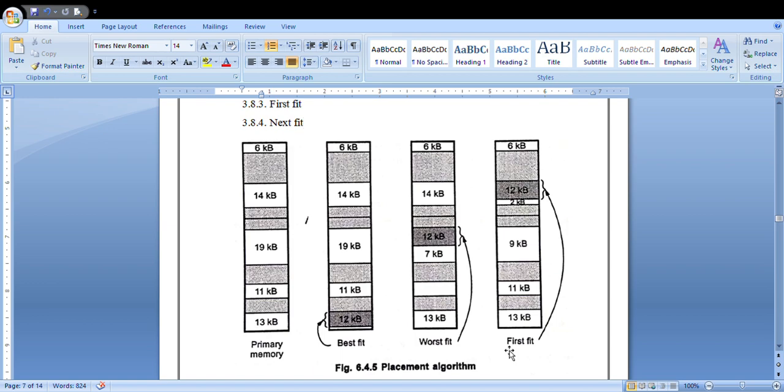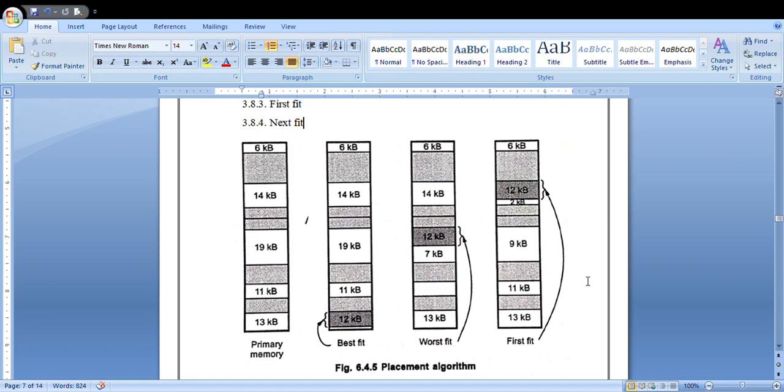Next is your first fit. As I said, in your best fit and worst fit, you have to check all the free slots in your memory location before placing the process, so the waiting time is very high. For that reason, the next placement algorithm is your first fit.